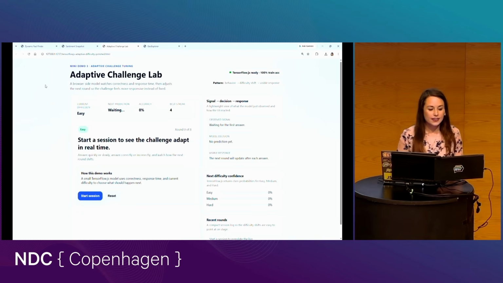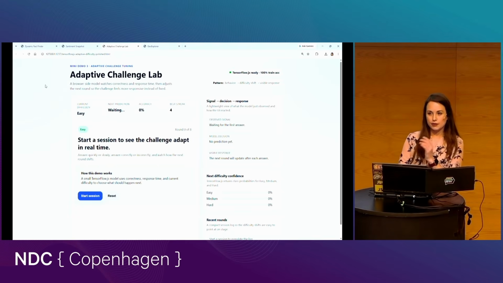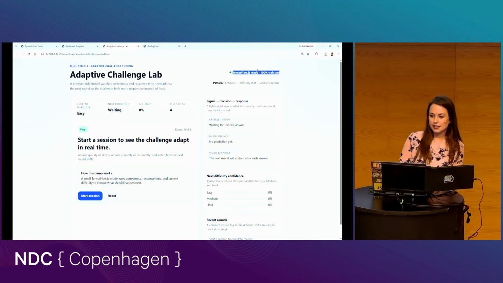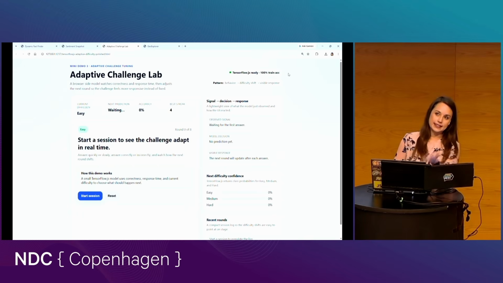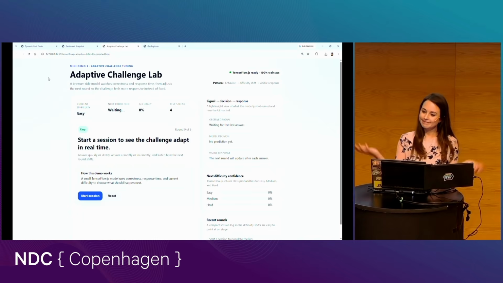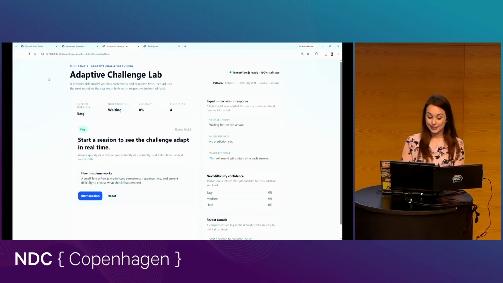There it is. All right, so the first thing I want to do is point out at the very top, I'm going to refresh this page, but pay attention to this little part here. When I refresh the page, TensorFlow is training itself on the fly. This is browser-side analysis. There it goes, it says it's training. And there it is. Once it's ready, we can start our short little quiz session.